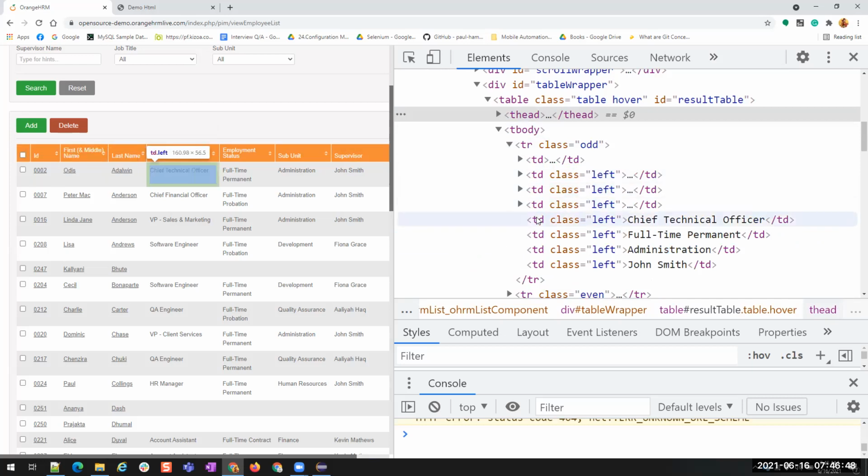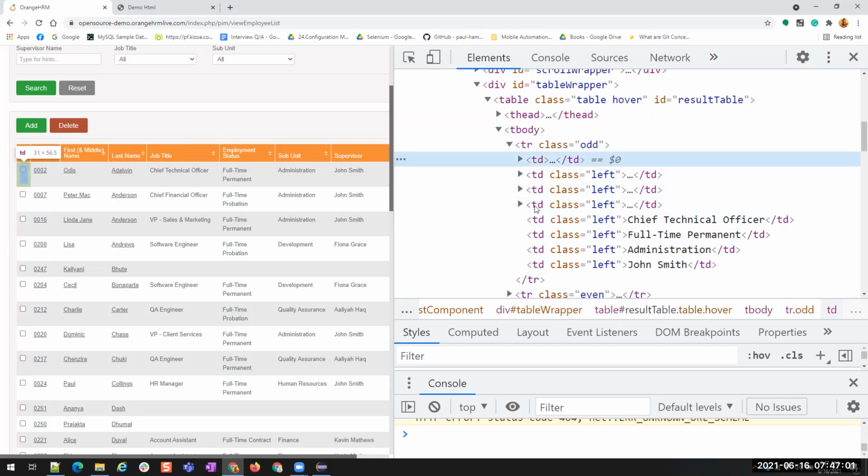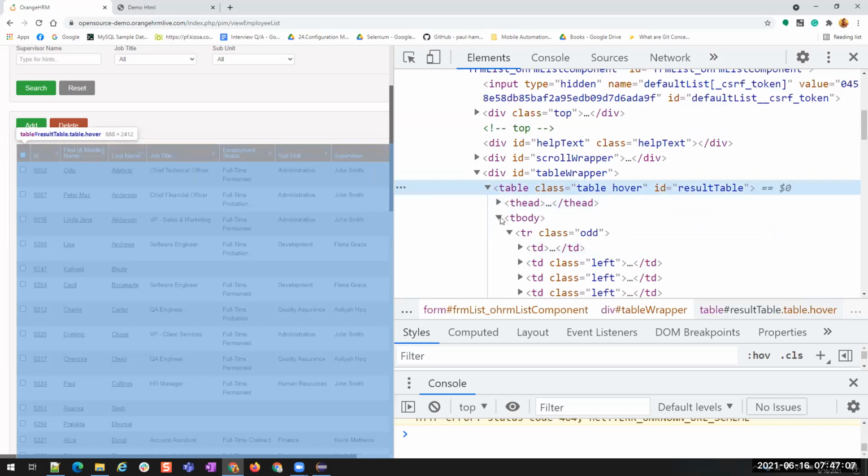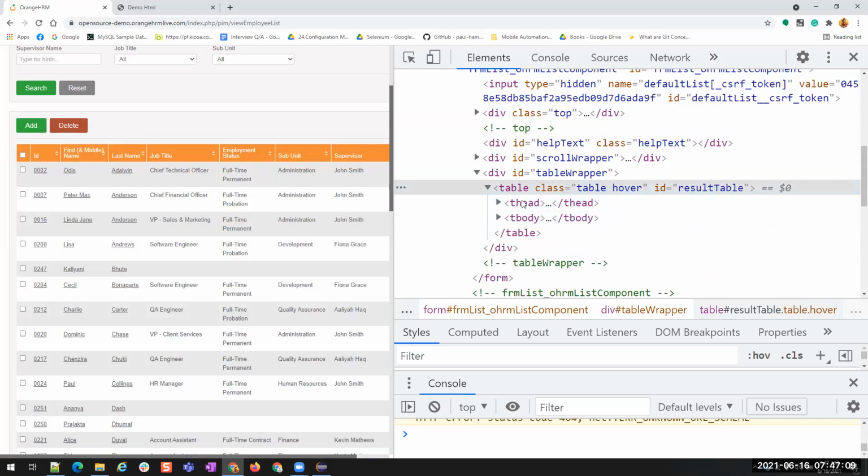You see, each TD is taking me to one column. The selected blue color value, you are seeing it, right? Whenever I'm moving the mouse, it's moving. That means each TD is representing a separate column. And we have a table. Inside the table, if you want to read the headers, we have T head.